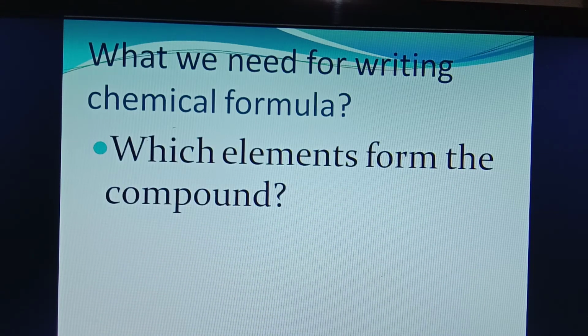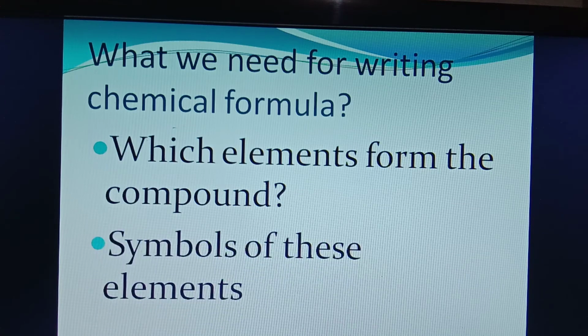First of all, we should know which elements combine to make this compound. Means this compound is made up of which elements. Suppose if it is water, then water is made of hydrogen and oxygen. This we should know. Secondly, we should know the symbols of these elements. That means if it is water, then hydrogen and oxygen. And hydrogen symbol is H, oxygen symbol is O. This we should know. And third thing is